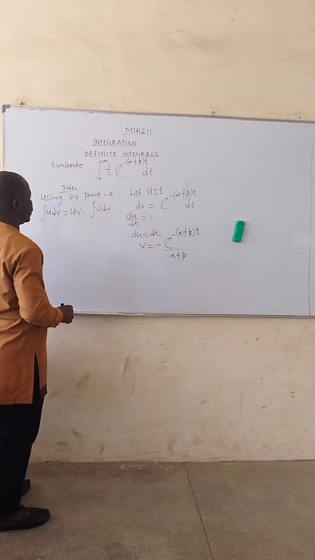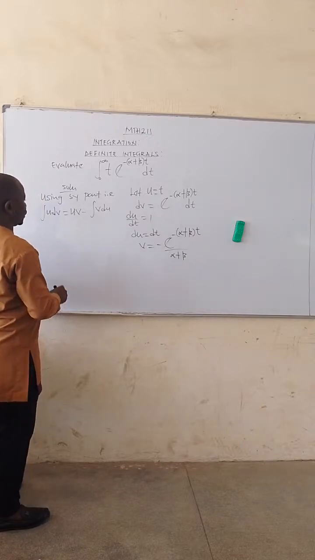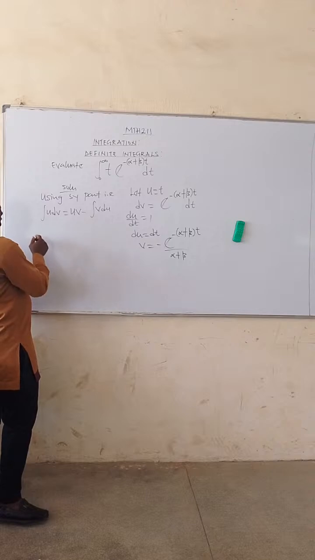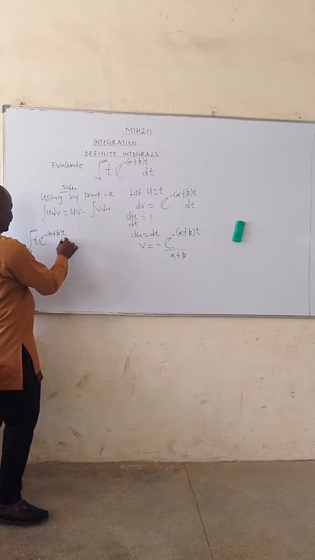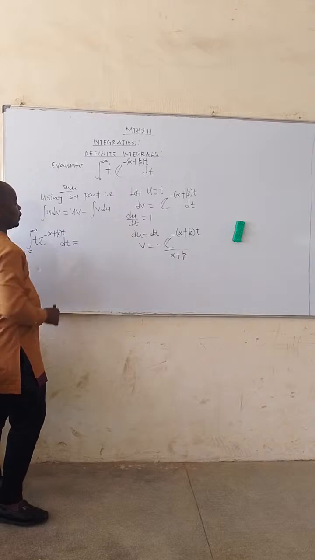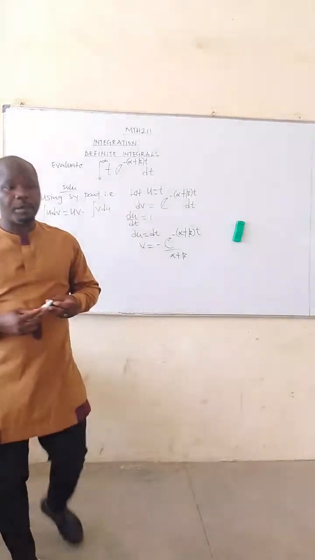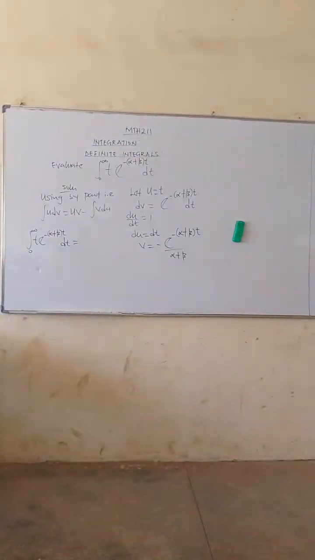Okay. So we have to substitute this here. So here will now be the integral from 0 to infinity of t exponential minus open bracket alpha plus beta t, dt, right? Now be equal to, excuse me, now be equal to,